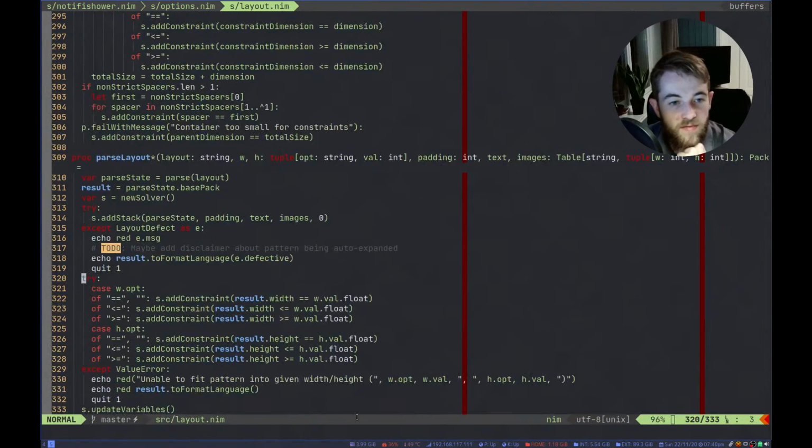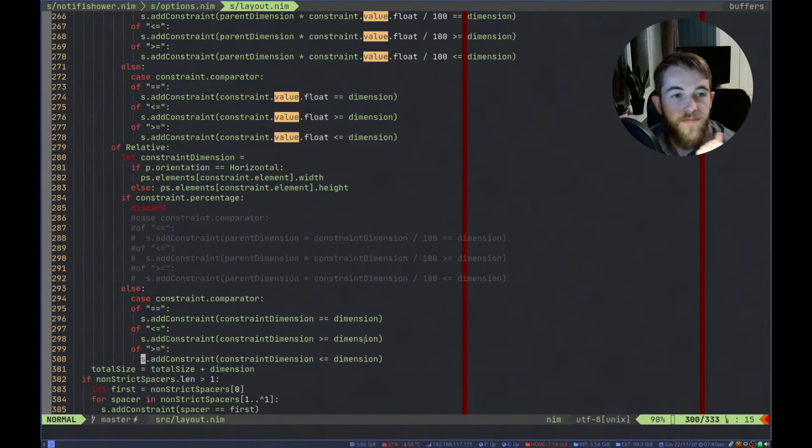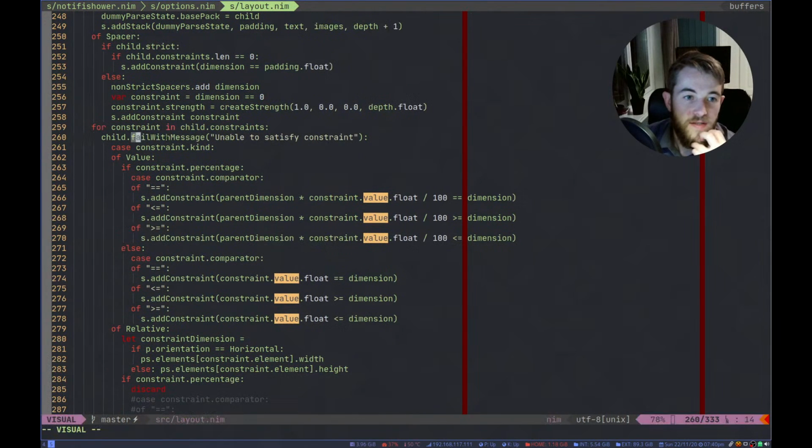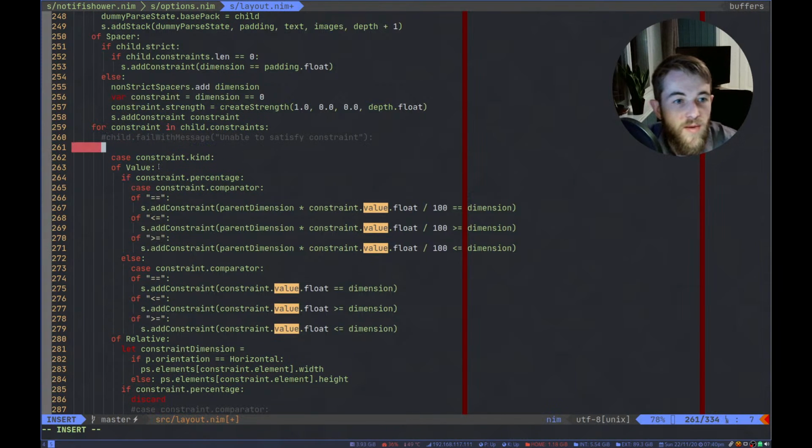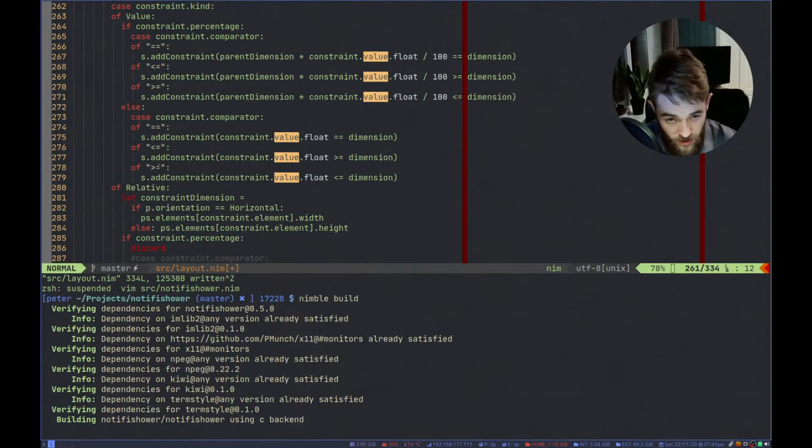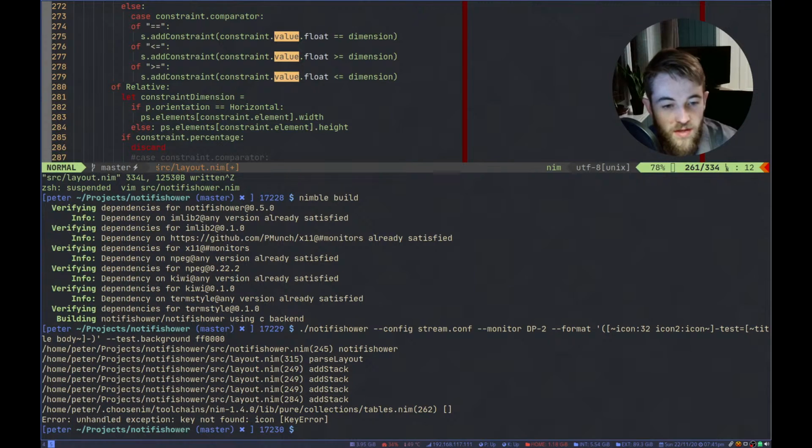Maybe we could have guessed that that was the one. So that is this unable to satisfy constraint. If we just remove that, we'll be able to see exactly which line of code, which isn't really all that useful to your average user, which is why that information is not shown in that message.